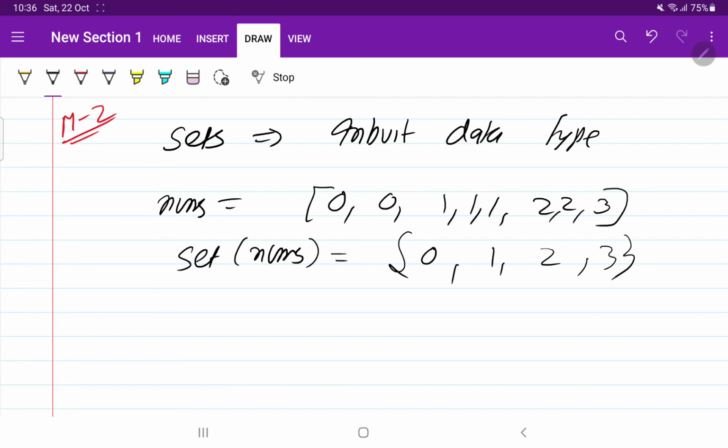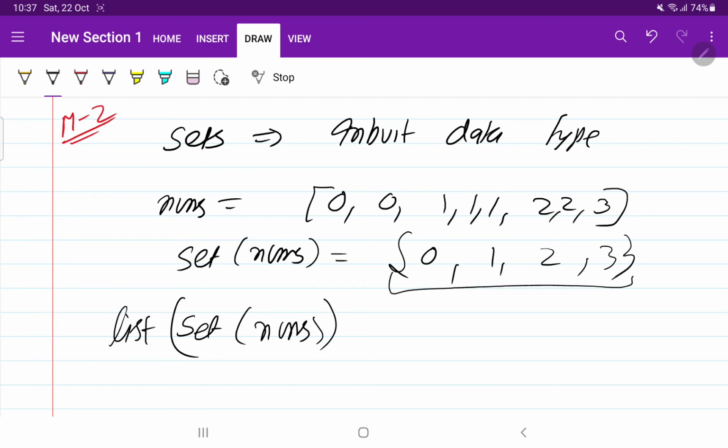So what we will do, we will apply the list keyword on set of nums. Now what will it do? It will convert these curly brackets into square brackets. So we will get the output like this: 0 1 2 3.